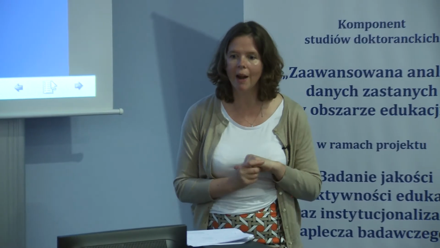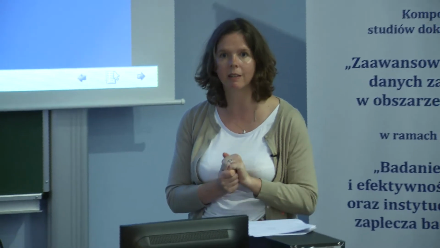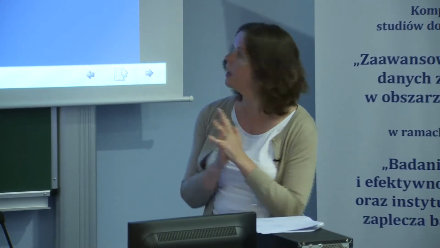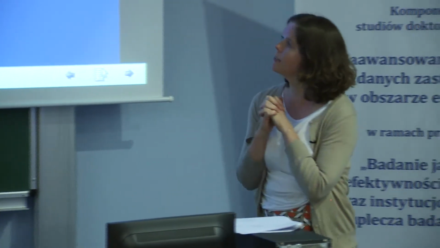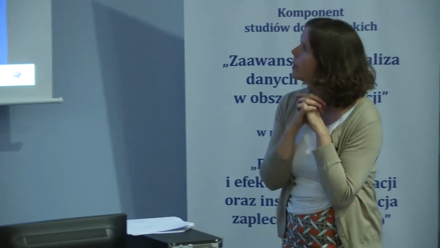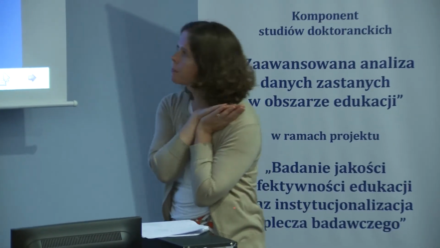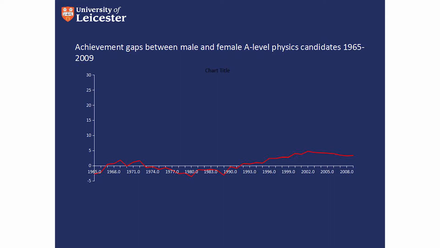Attainment is not a barrier to people studying these subjects, though. This graph gives the same information as I did for the boys in English. It looks at the achievement gap, but here the gap between men and women is much closer. The way I put the graph, the positive red line shows that women achieve at slightly higher levels in physics than men do at A-level.